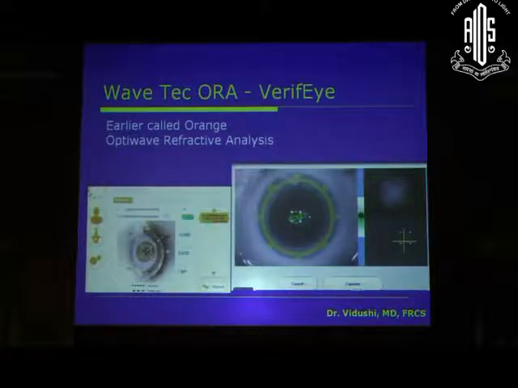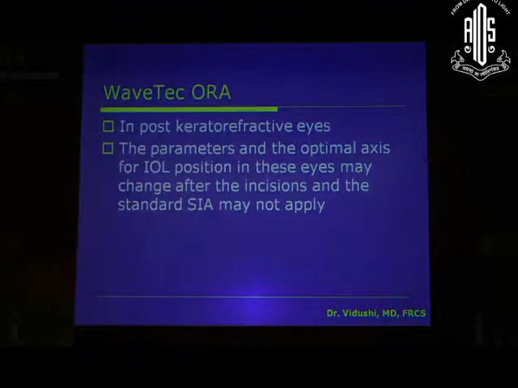It actually gives you the intraoperative aberrometry. So, especially if you've had a previous keratorefractive procedure in the eye, then these systems are useful because they will tell you whether your aberrations are actually being reduced after you have placed the toric IOL. So even during surgery, once you have placed the toric IOL, it will give you an aberrometry picture, and you can see whether rotating the toric IOL will help in further reducing the aberrations.